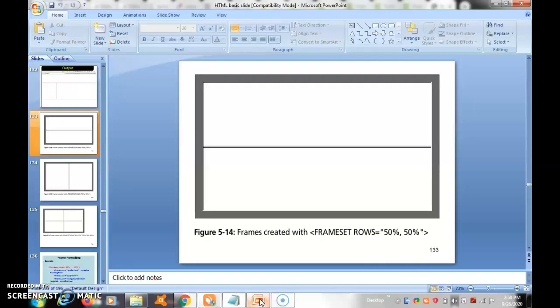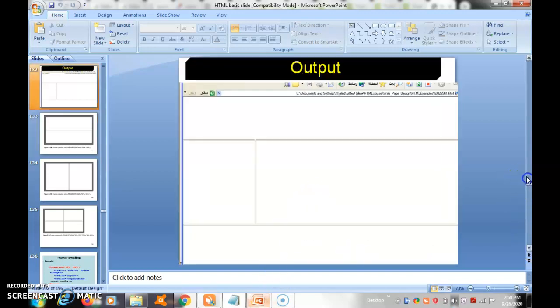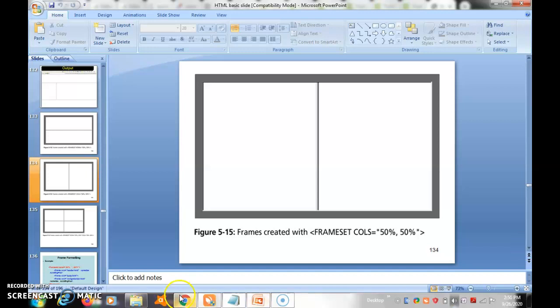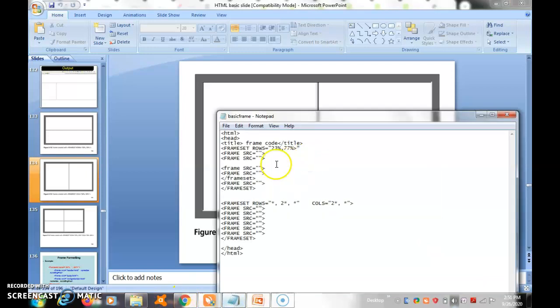Likewise, it will display. Then column, row. 50% means likewise 23%, 77%. No, likewise it will display. Column also you can specify. 50% means column will display. Here no, you change column.